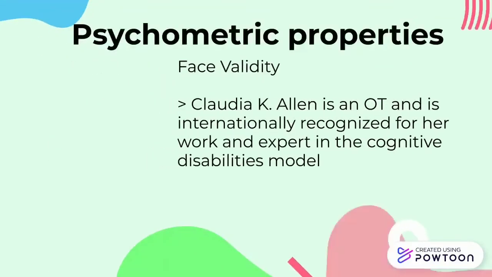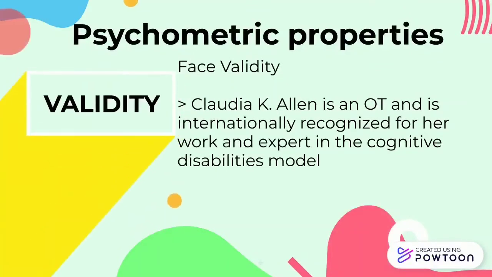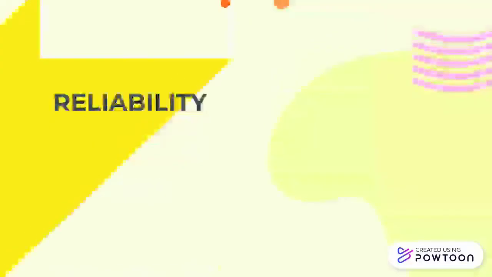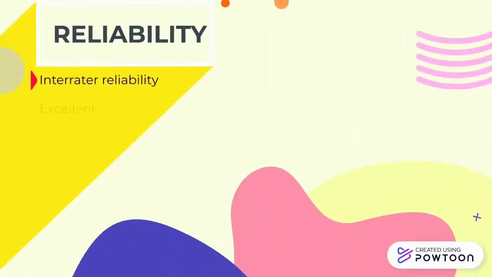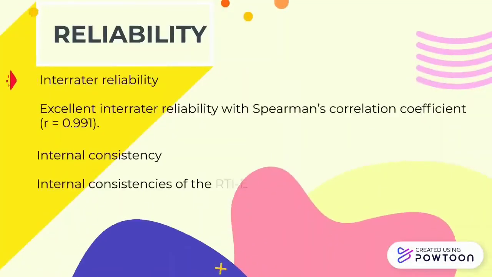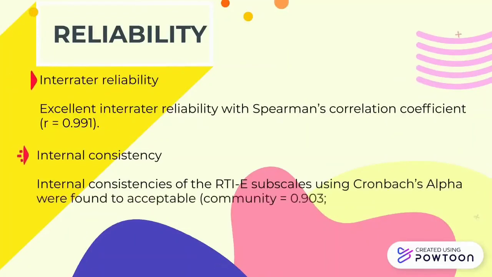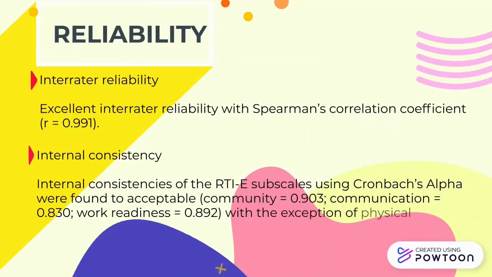The psychometric properties of this assessment are limited. For the validity, there is face validity. Claudia K. Allen is an OT and is internationally recognized for her work and expertise in the cognitive disability model. Next is reliability. For the interrater reliability, this assessment achieves excellent interrater reliability with an r value of 0.9. For the internal consistency, all internal consistency for the RTI-E and standard subscales, using Cronbach's alpha, were found to be